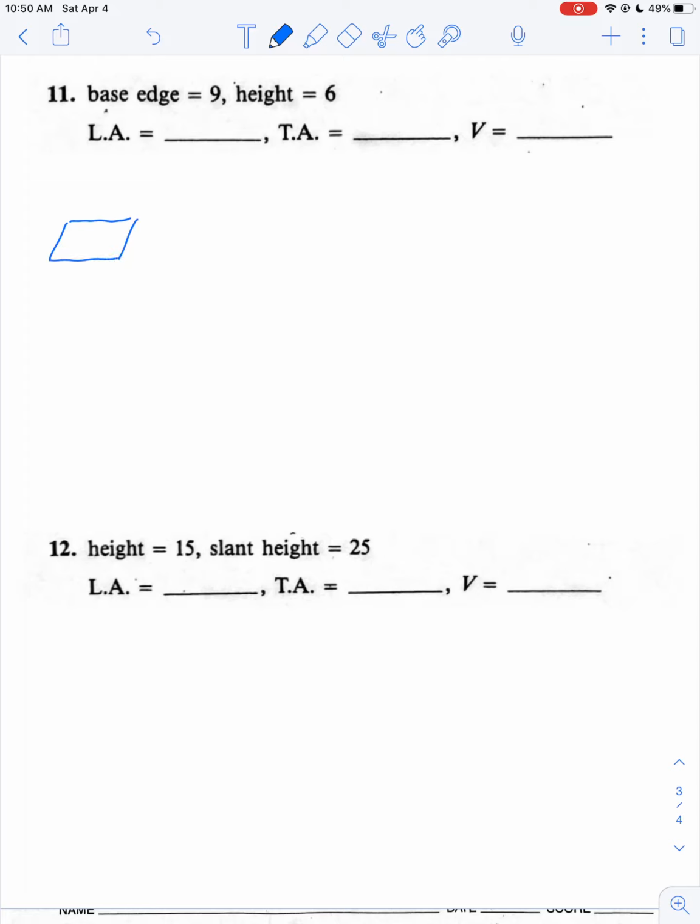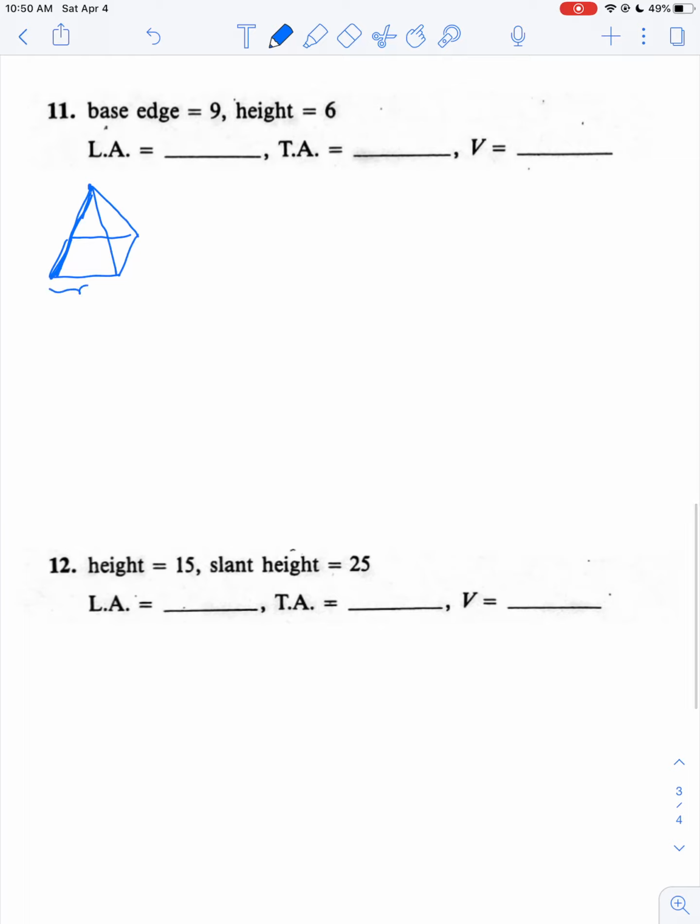What I do is I sketch the square at a slant, put a dot on top to indicate that's my vertex of the pyramid, sketch the front side to look like the triangle that you can actually see, and then the back side right there. So let's clean that up a little bit. Okay, so the base edge is equal to 9, and when they describe that, the base edge is that square. The height is when you drop a perpendicular from the vertex down to the center,